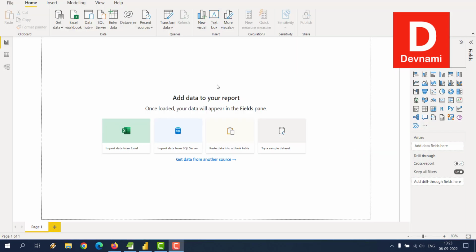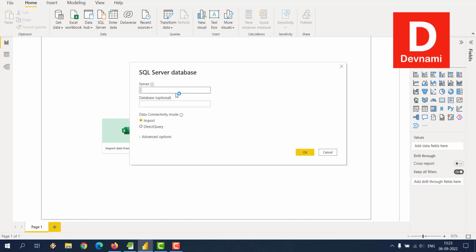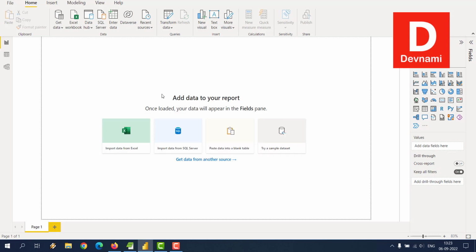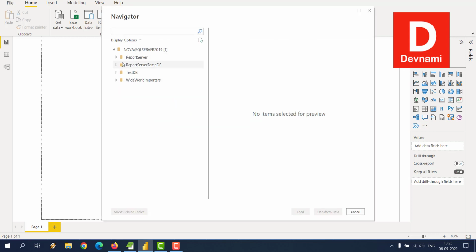Okay, one more thing to let you know about this is that when you want to connect to SQL Server, make sure that the server is running, because if it's not running, you won't be able to connect. So if I paste in the name of the server, right, and if I click OK, and if the server is not running in the background, it should throw an error message, otherwise it will just let you connect, right? And it will then show you the database and respective tables, right? So as the server is already running in the background,